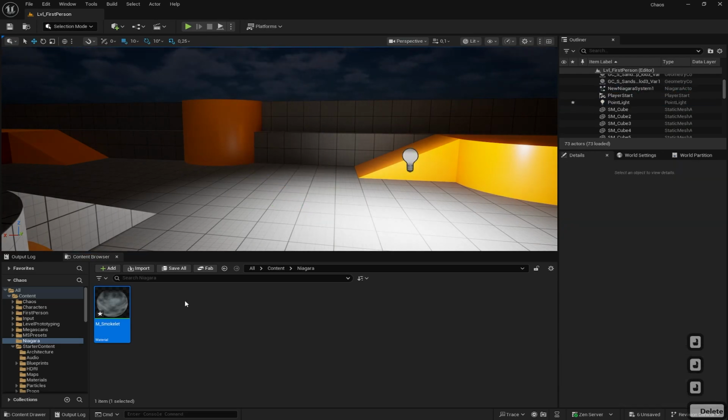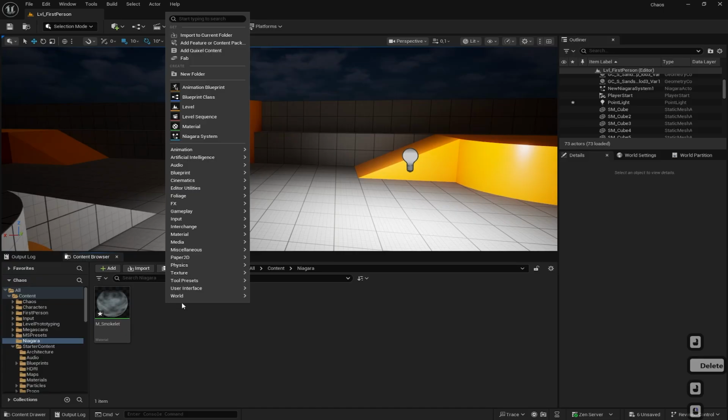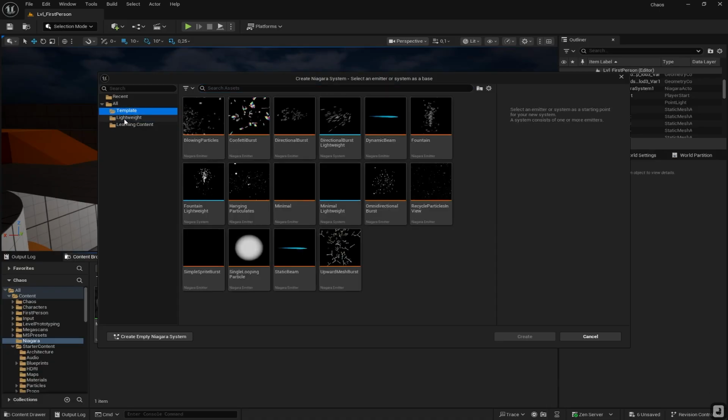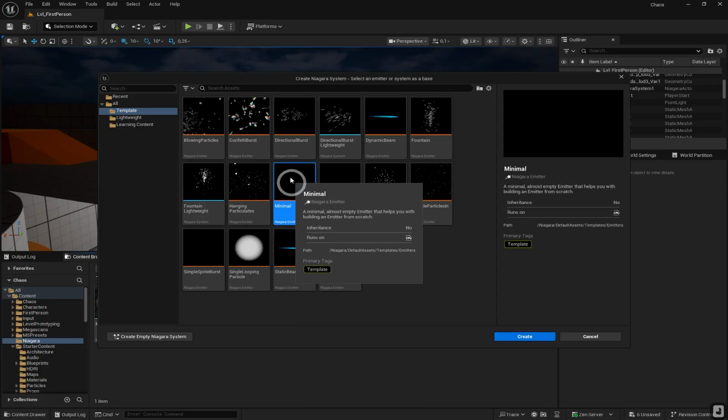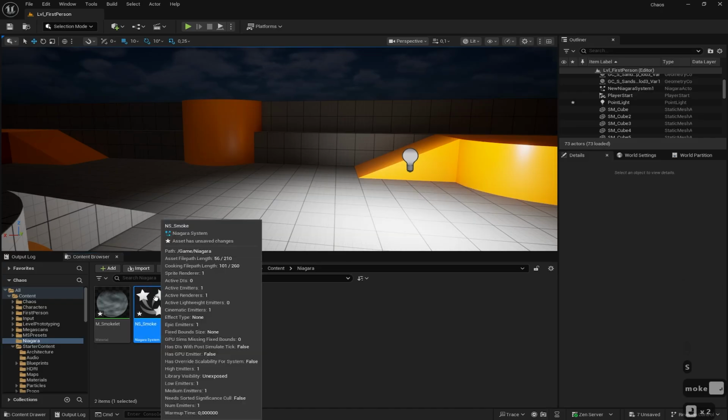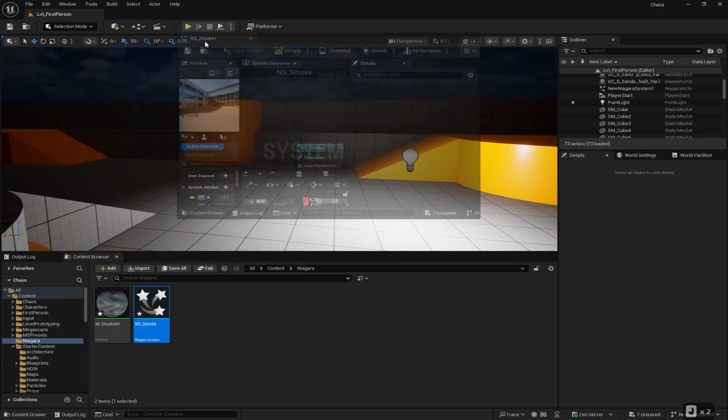get rid of this. The next thing we're going to do is make a new particle system, and we click here on Niagara, and there are different templates that you can work with. And we're going with minimal template, and we're going to hit create. This way we get an almost empty template, so we can change all the parameters ourselves. Call it NS smoke, and double click, and then we get